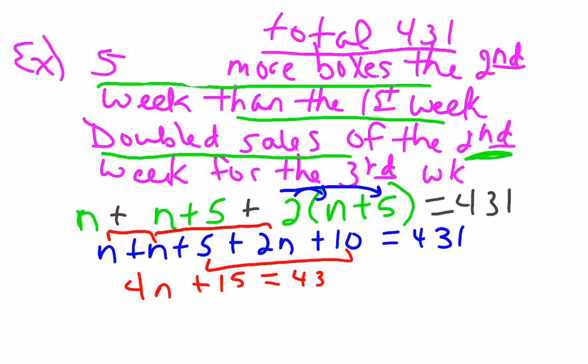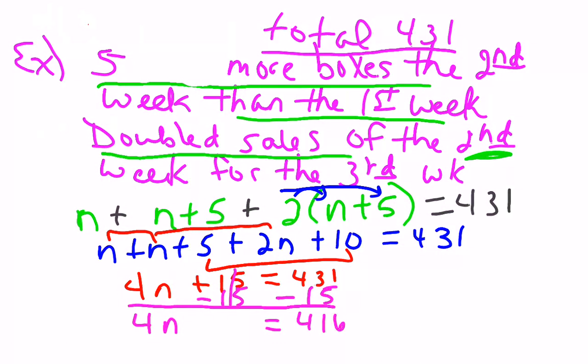And we continue to solve. So we need to subtract the 15 from both sides. And again, you're welcome to use a calculator since we're working with some big numbers. So 431 minus 15 is 416. And then we want to divide both sides by 4. And so N equals 104